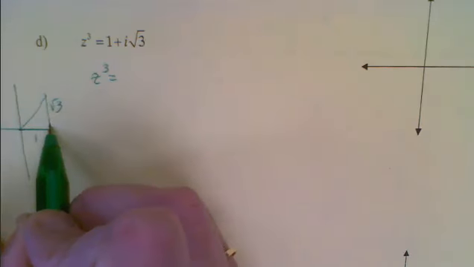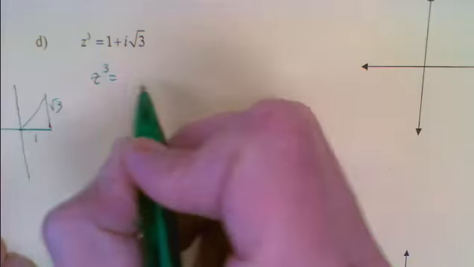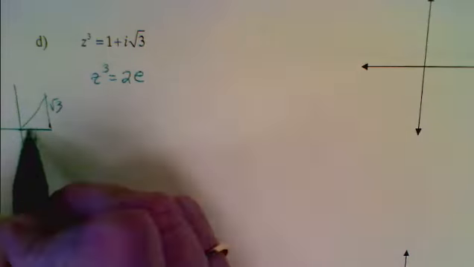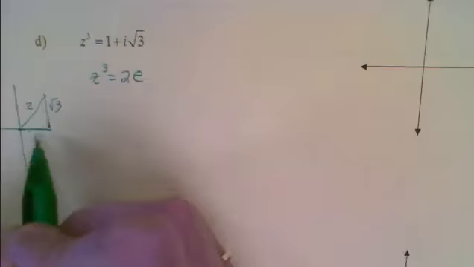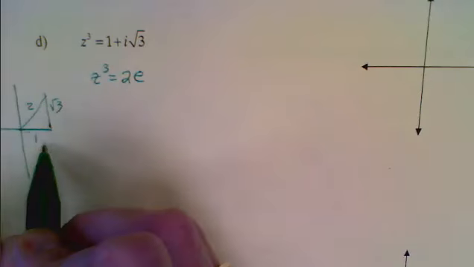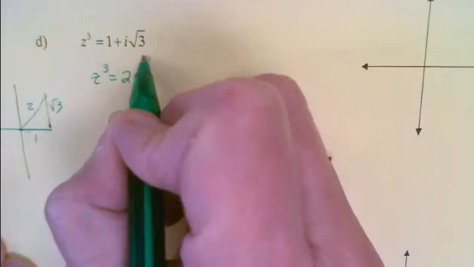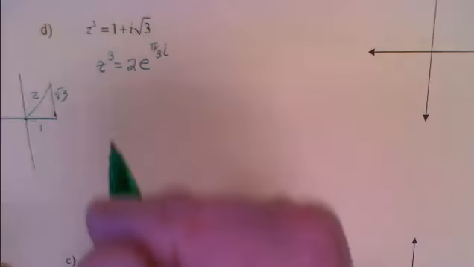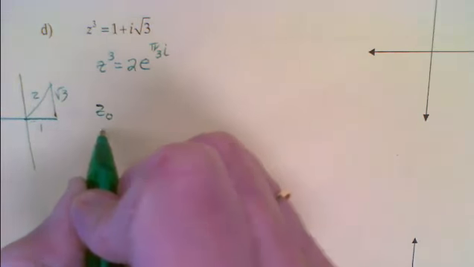If I take the square root of 3 squared plus 1 squared, I get 4, so r is going to be 2. The angle of z to the third, again, if this is 2, my cosine is 1/2, my sine is radical 3 over 2, so that happens at pi over 3. So there's the original z to the third. So now to find my 3 roots,